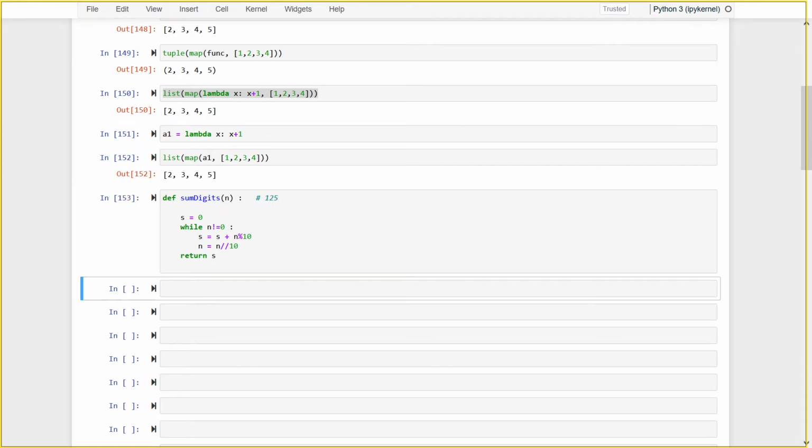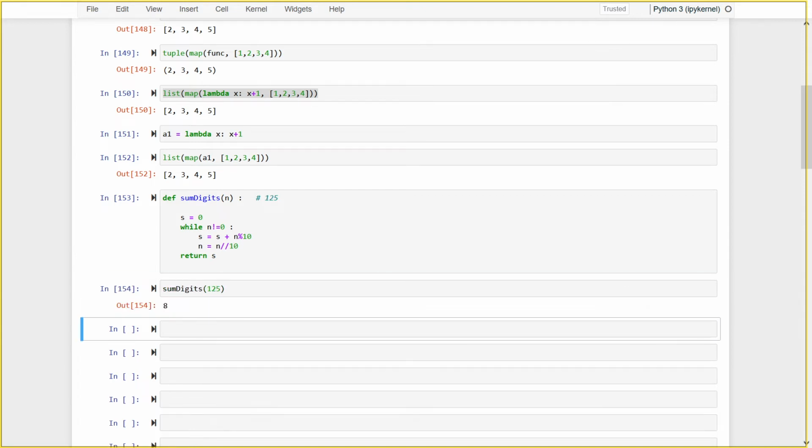Right? So just check whether this function is working well or not. I'll say 1, 2, 5. I'm expecting 8. Yes, 8. If I pass something like this, I'm expecting 2. Yeah. If I pass only 0, what will happen?